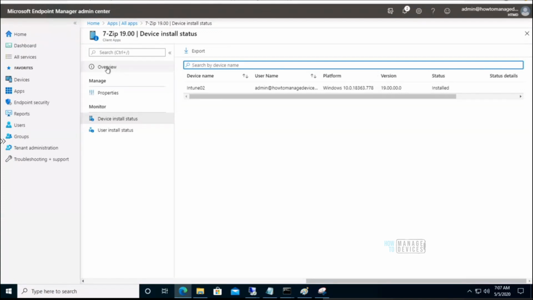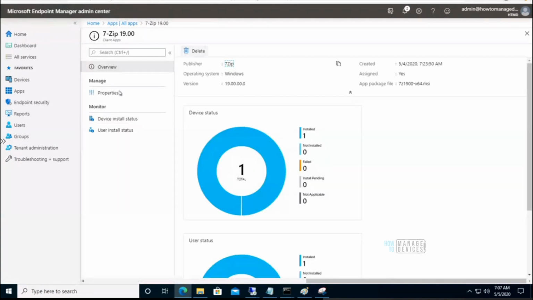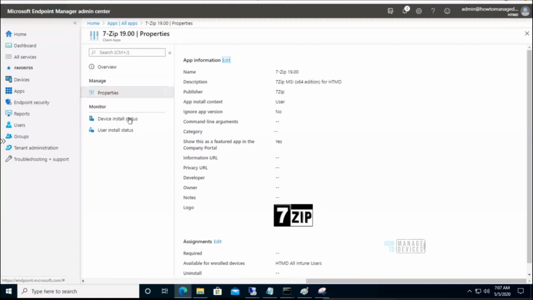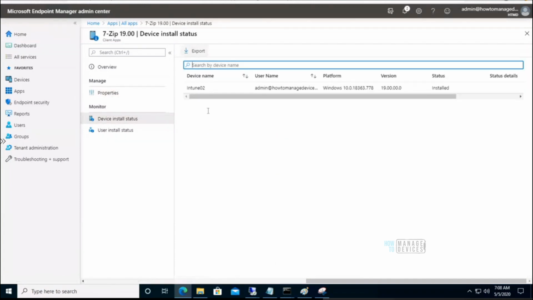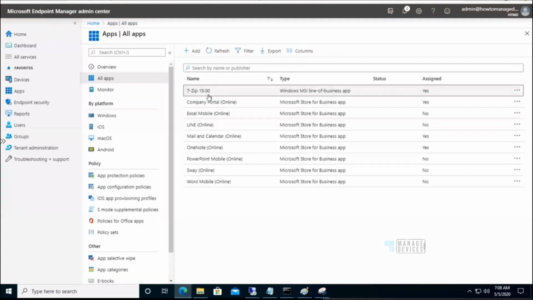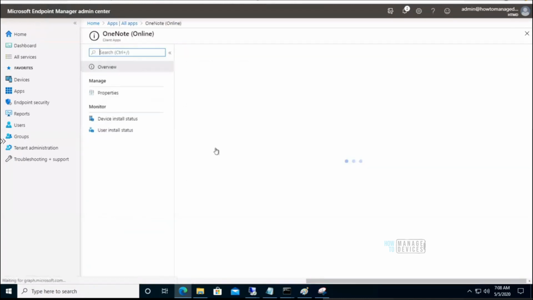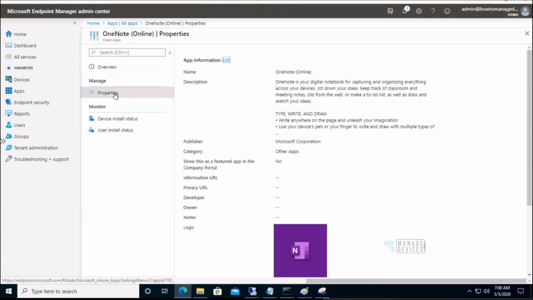Go back to the Intune portal, and probably this is going to take some time to reflect the installation, right? So while that happens, let me go to the other scenario which we discussed yesterday. What we did yesterday is we deployed one app to a device group as an available deployment, right? And then we had a discussion.